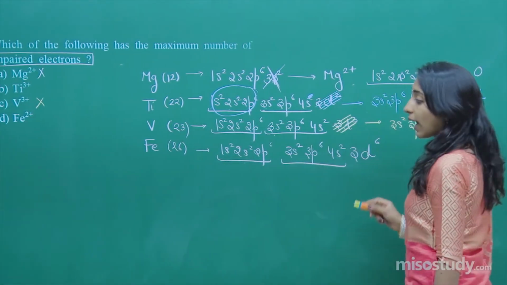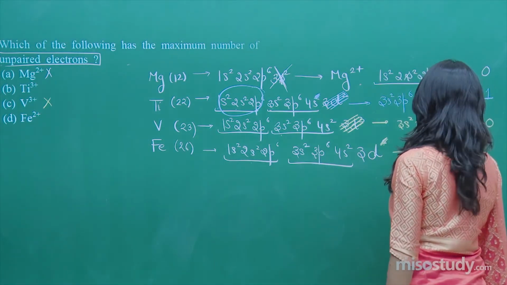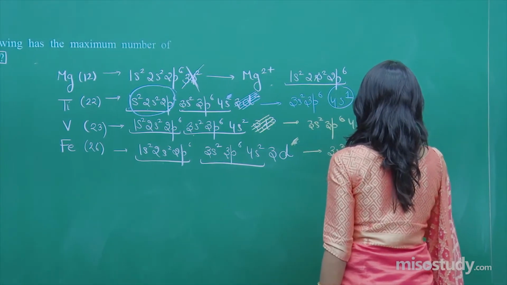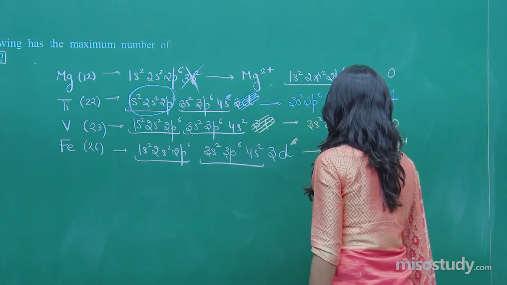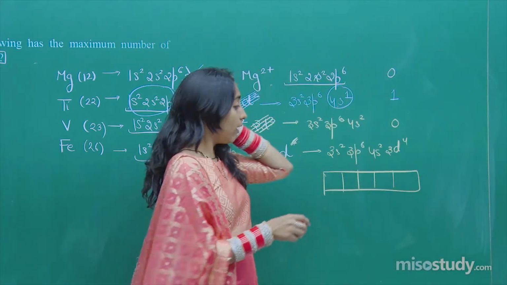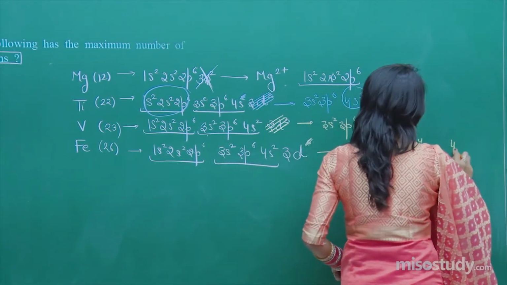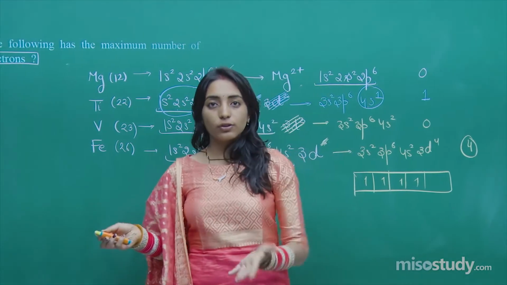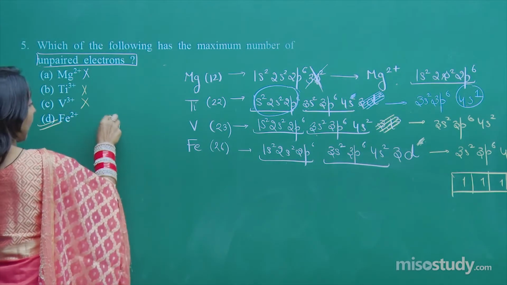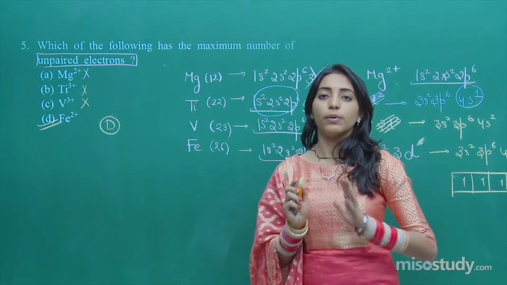Now if I move on to iron, for iron we need to take out 2 electrons. So when you take out 2 electrons, you will be getting 3d4. So 3s2, 3p6, 4s2, 3d4. And according to Aufbau's principle, Hund's rule of maximum multiplicity and Pauli's exclusion principle, we have already studied, when 4 electrons will be there, first of all they will be singly occupied. So this will be 4 unpaired. So just with the solution, you can see neither this and just Fe2+ will be the one having maximum number of unpaired electrons. So this was our question number 5.